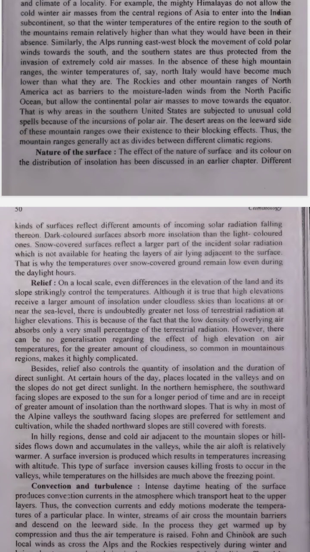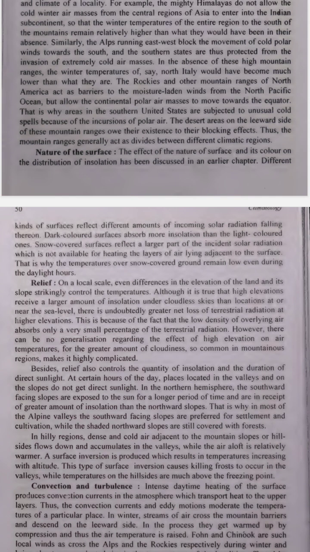How mountain barriers affect temperature. 1. Blocking cold air. Mountains can prevent cold air from moving into certain regions. Example: the Himalayas. The Himalayas are a high mountain range that runs across northern India. They act as a barrier that blocks cold air from Central Asia during the winter. Because of this, the Indian subcontinent, south of the Himalayas, remains warmer in the winter than it would if the cold air could move freely into